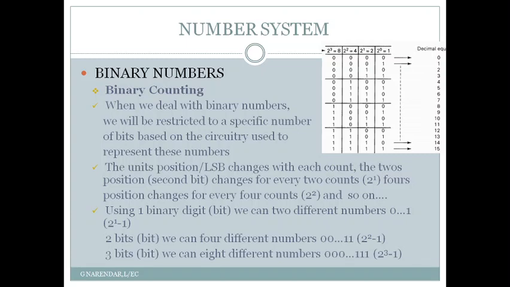These are the first 16 counts that we can form in the binary number system, which are equivalent to the first 16 counts in the decimal number system, which is 0 to 15. 0 to 15 in the decimal number system is equivalent to the binary numbers starting from 0000 to 1111. And this is how we can form the count in binary number system. So in the next lecture, we'll see